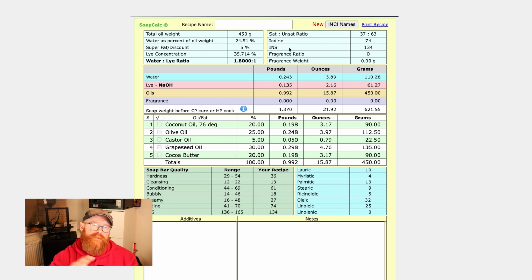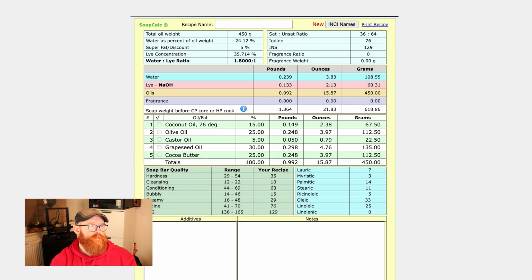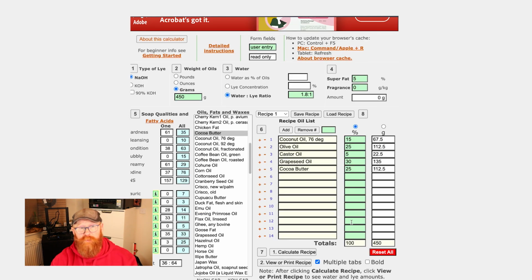Now, if you want to have several different versions of it, you go into Soap Calc here. You click on multiple tabs. Let's change that to 15, and let's change that to 25. Sorry. Calculate recipe and view print. It gives you a second tab. So if you don't want to lose the information you've had, just make sure you click that one. But that's how easy it is to use Soap Calc, and hopefully that will help you to develop your recipes